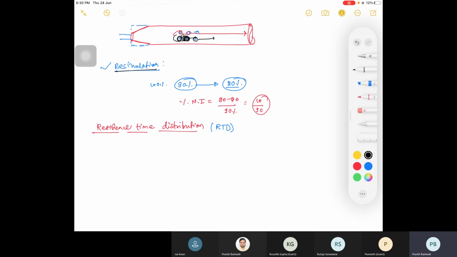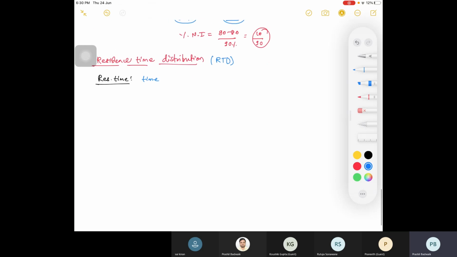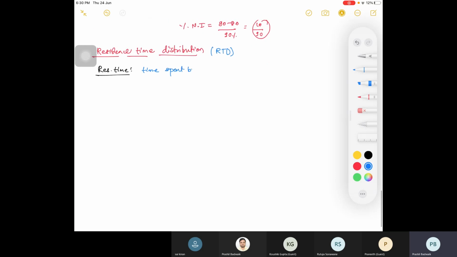Okay, so you know what is your residence time, right? Residence time of molecule is basically time spent by that molecule inside your reactor, any reactor that will be. Okay, that is your residence time. और इसको अपन शॉर्टकट में और सिंप्लीफाइड लैंग्वेज में व्हाट इज योर रेजिडेंस टाइम? It is between your inlet and outlet, what is time taken by that molecule, right?